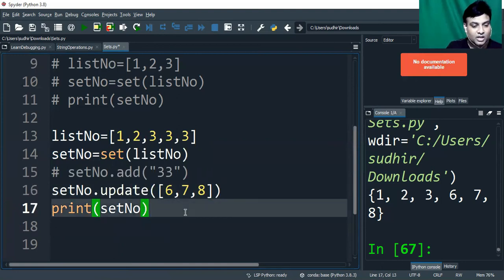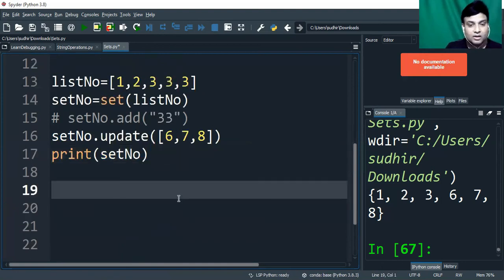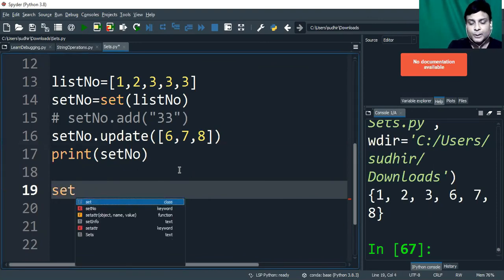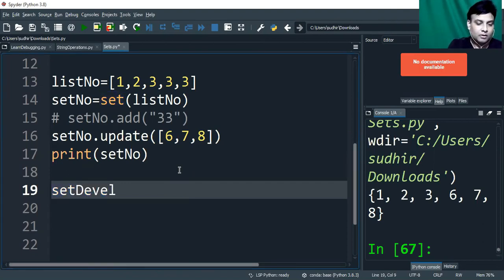Rest of the options you can explore, but the important ones are these. Before that, we will have to create two sets over here. Okay, so let's create two sets first. Let's say this is a set of employee IDs, a set of, I would say, developers, employees who are developers.